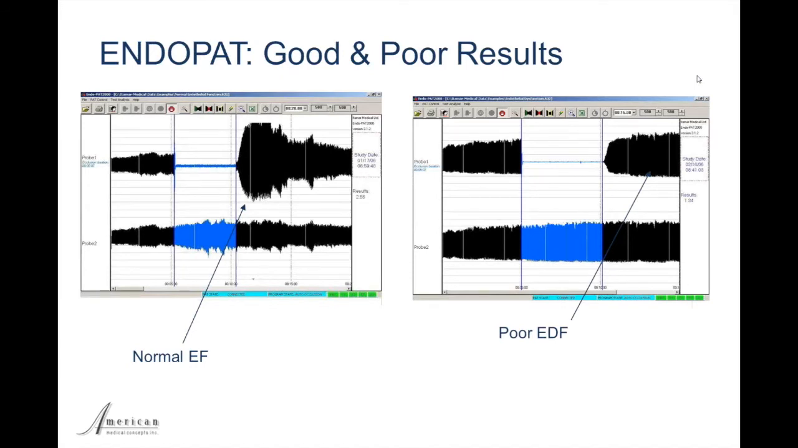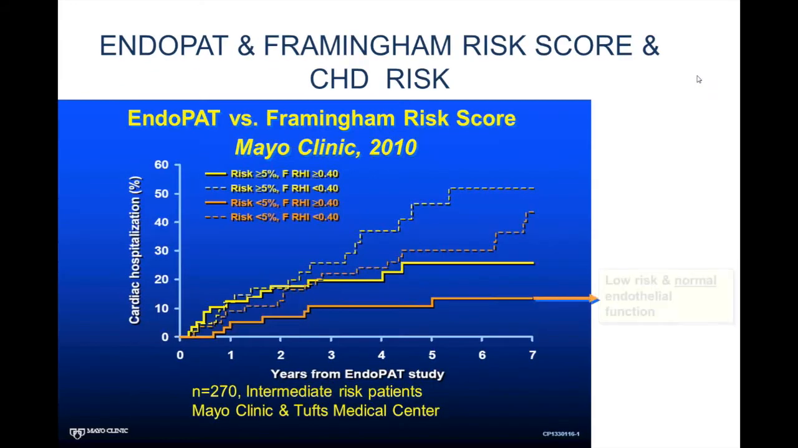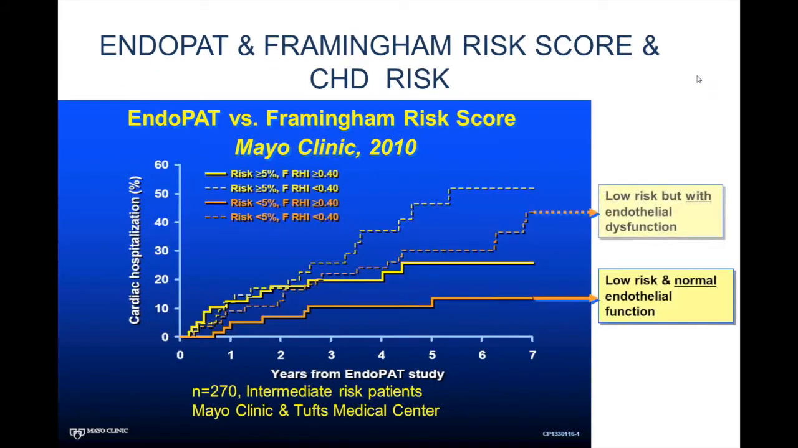And this test has a very high correlation with future myocardial infarction and coronary heart disease. This test only takes about 15 or 20 minutes to do in your office. It also has a very high correlation with future events based on the Mayo Clinic trial, so that the lower the EndoPAT put together with risk factors, the greater the risk for patient having coronary heart disease or myocardial infarction